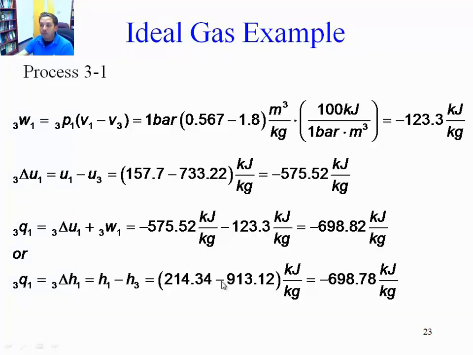By the way, we can do this alternatively. Remember that for an isobaric process, the heat is equal to the change in enthalpy. Only for isobaric processes. Heat is equal to the change in enthalpy. So H1 minus H3, which we have from the table, gives us 698.72, almost identical. In theory, it should be identical because that's how enthalpy is defined in terms of energy and PV. But there's errors there in the fact that we went into a table and interpolated and so on, and that's just noticeable there in the 4th decimal place. Okay, but that's an alternative to calculate the heat from 3 to 1 if you need to.